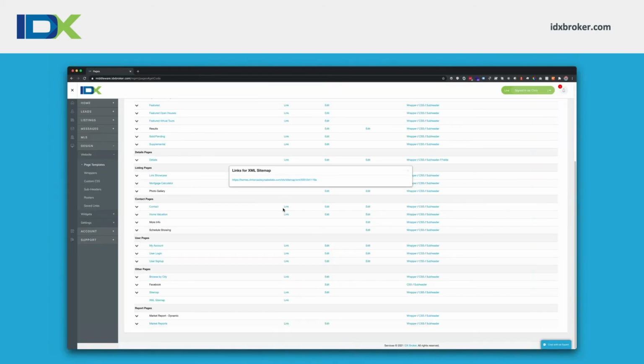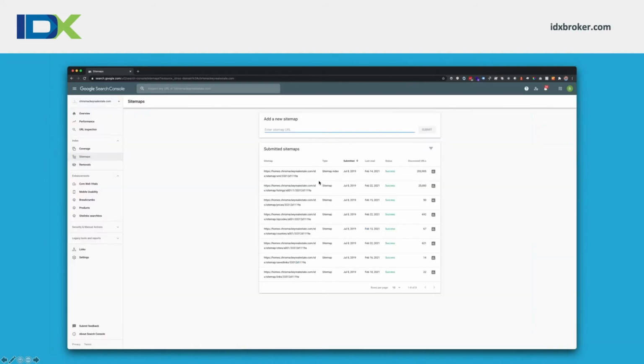In order to get the link that you need to submit, you'll come to Design, Website, Page Templates, and then here you see XML sitemap. You click the link button, and this will pop up. You'll copy this XML sitemap link, and you'll come into Google Search Console,